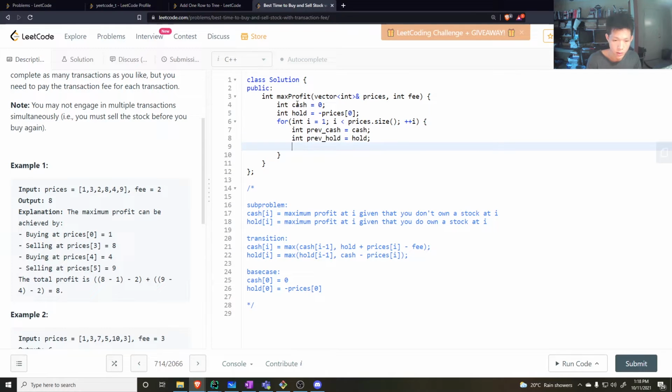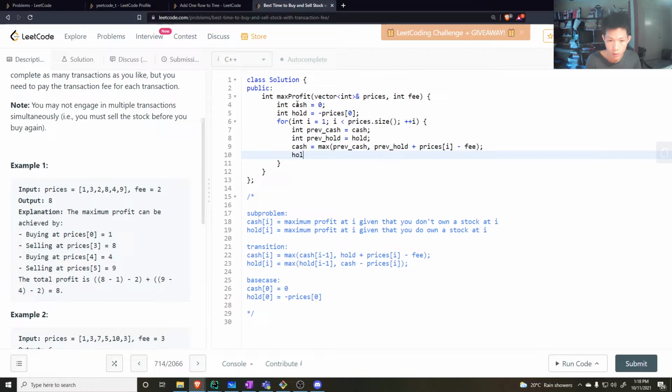And then do the transition. So cash now would be equal to the max of the previous cash, or the previous hold plus the prices at i minus the fee. And the hold would be equal to the max of the previous hold or the previous cash minus the